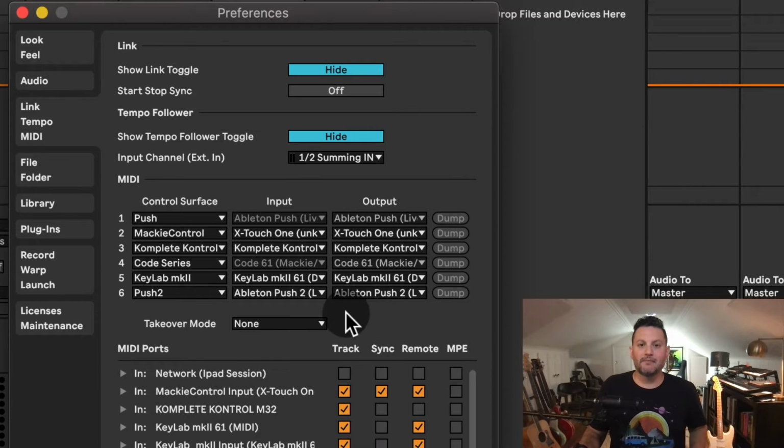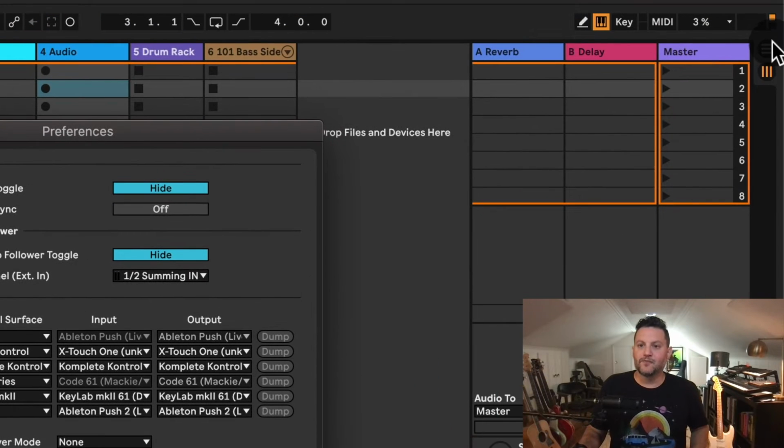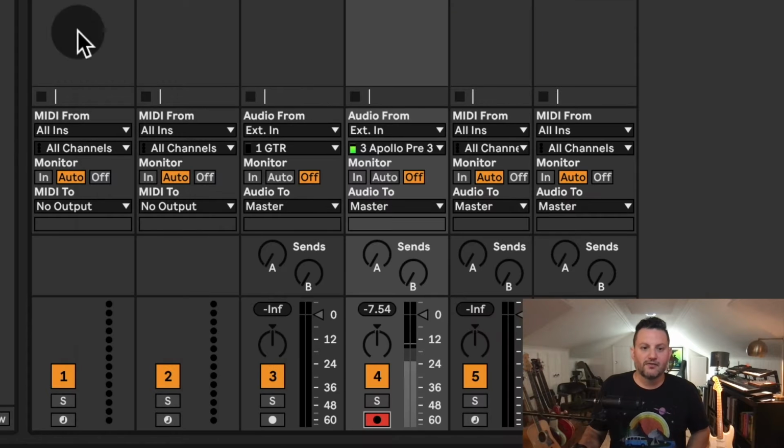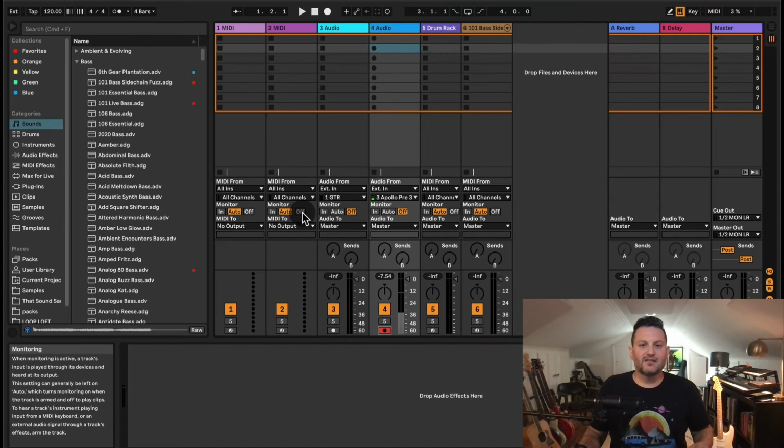Now when I play my MIDI controller, you can see in the upper right hand corner there's a little orange square right here that lights up. That means that Ableton is getting signal into the program. So even if you're not hearing anything, you can see it. You can also see it from, it says All Channels In, you can see it from there too. So that's the basic